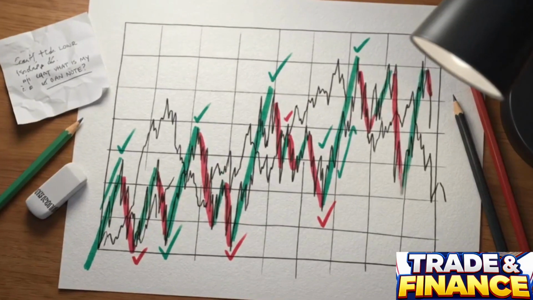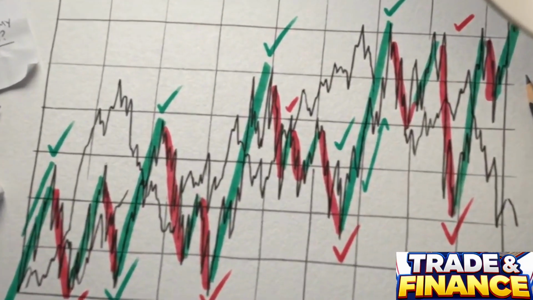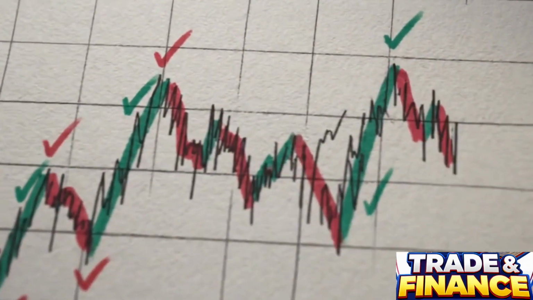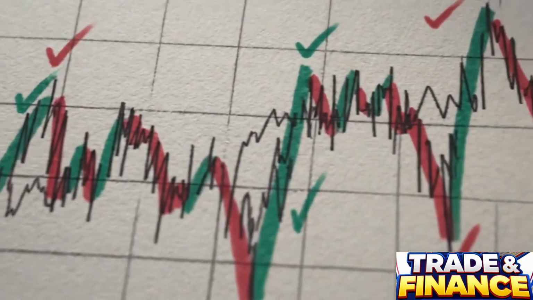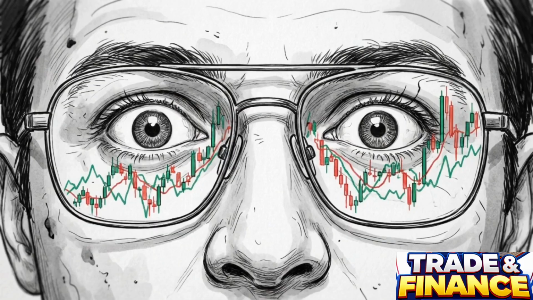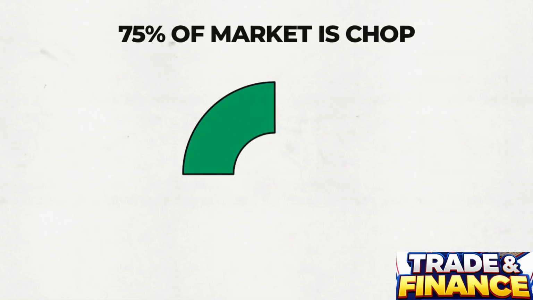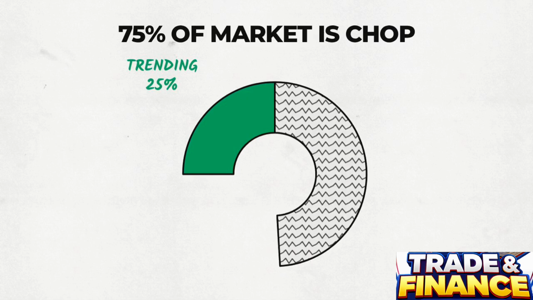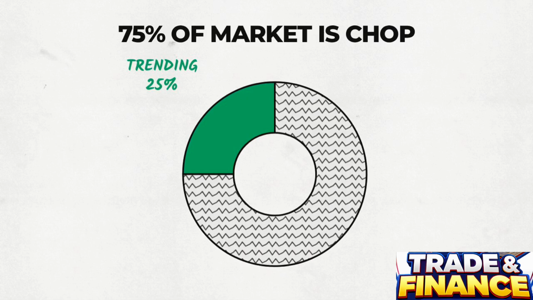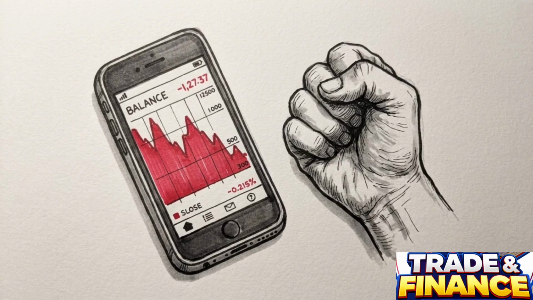To an untrained eye, a live price chart looks like pure visual noise. It's a barrage of red and green ticks jumping across the screen, seemingly governed by nothing but chaos. This feeling of unpredictability is backed by the data. Markets only move in clear, trending directions about 25% of the time. The remaining 75% is spent in chop, ranging or giving off hard-to-deduce signals that lead many retail traders into losing